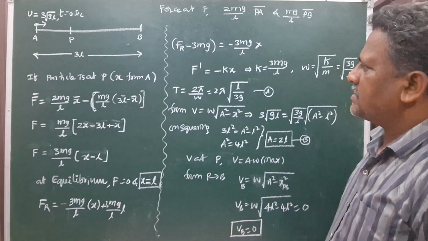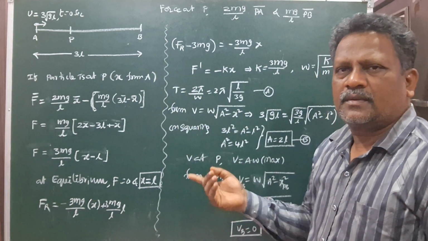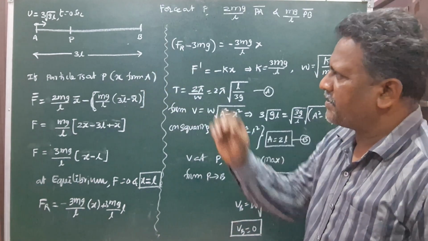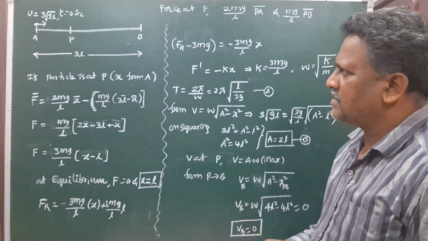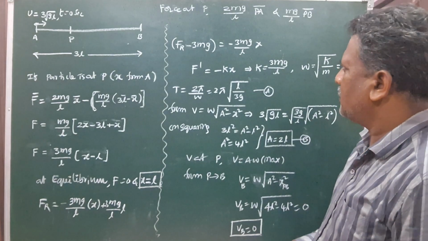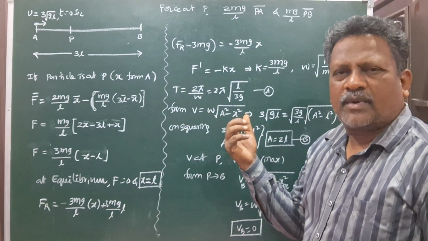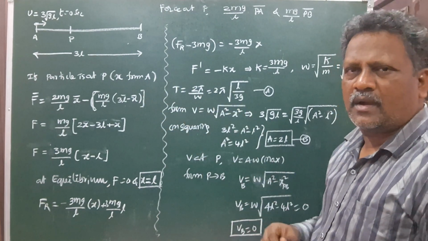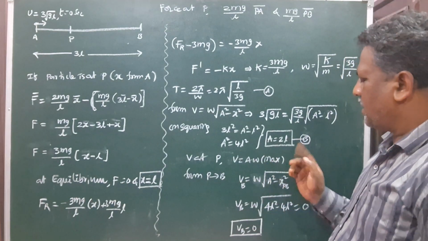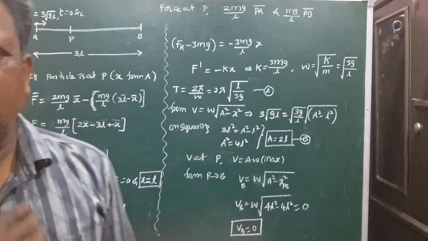Now the problem is, a body is projected with a velocity 3 root gL at a time of t seconds. Now the problem is, what is the equilibrium position, what is the time taken by the particle from A to B, what is the speed on reaching B, and what is the amplitude of the particle. These are the problems. Now, based on simple harmonic motion,